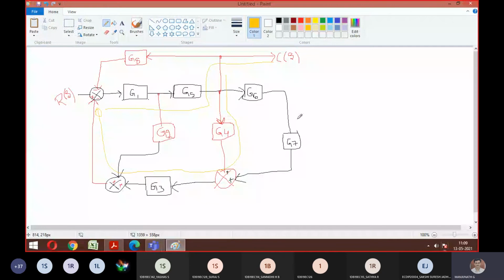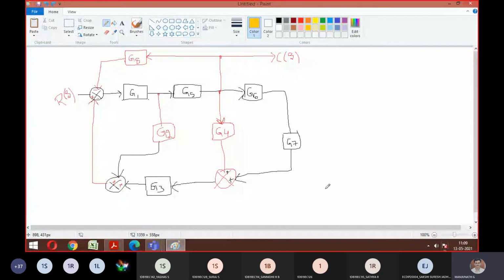Then you have output to input, is this combination? Yes, sir. Is it 2? 4, sir. Where is the third one, guys? No, I'm marking the numbers. So first one and second one. Then one more through G2, via this summing point. Okay, good. Then again one more, G8. Good. So I hope everyone understood the logic now. What is the meaning of feedback path and forward path? Is it okay? Okay.